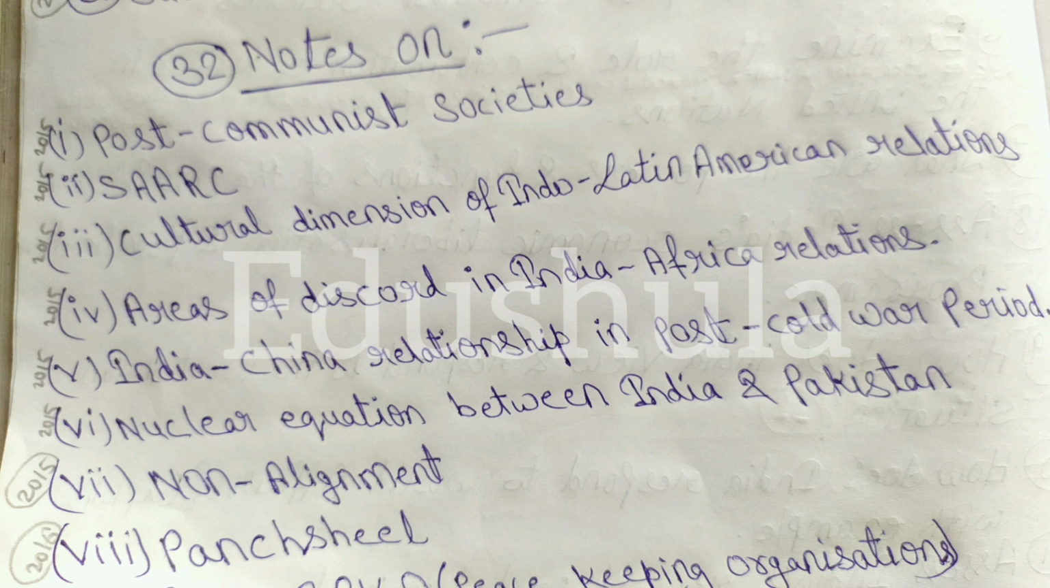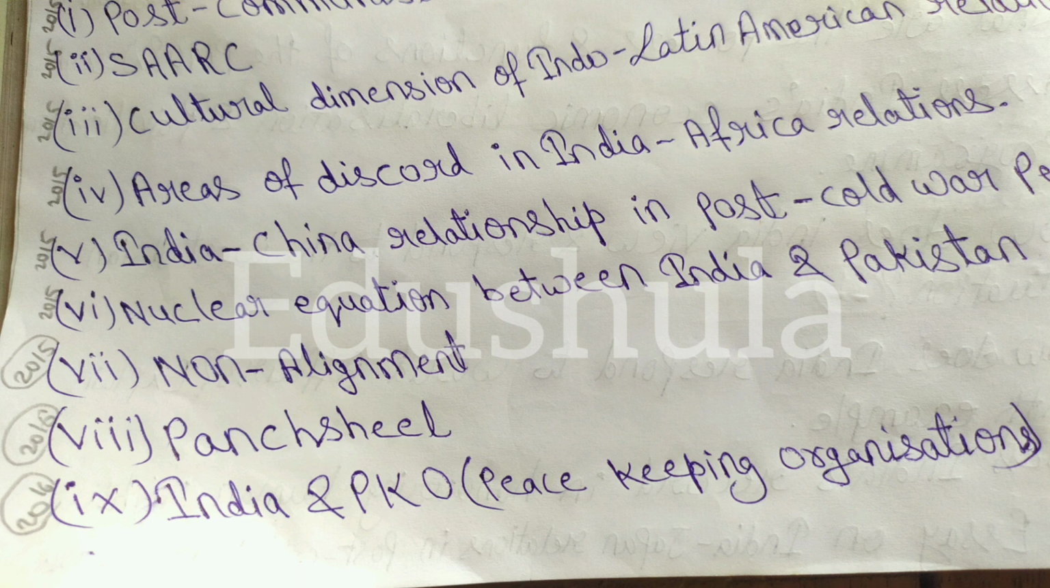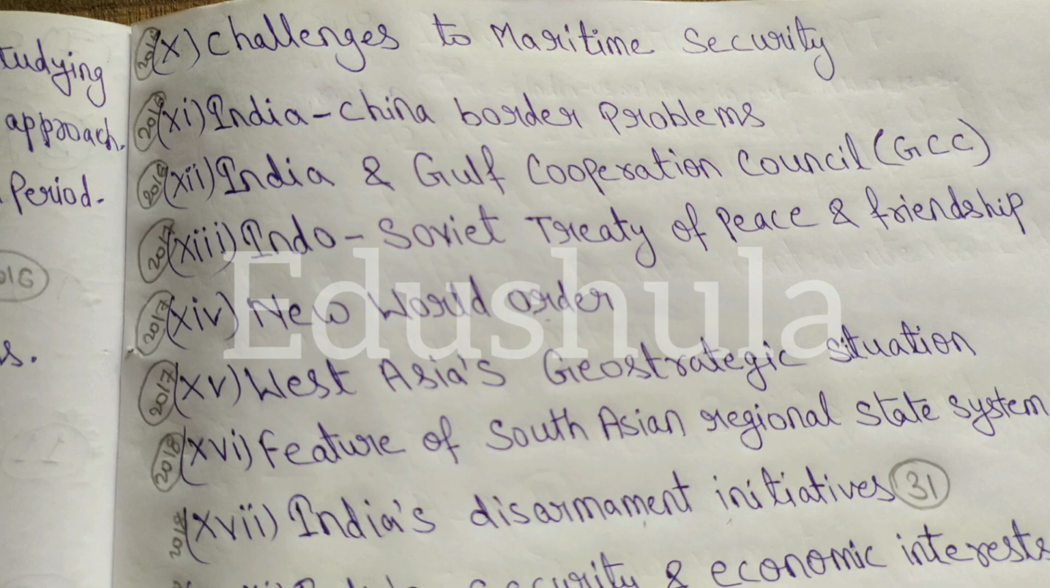relationship in post-Cold War period, non-alignment, nuclear equation between India and Pakistan, Panchsheel, India and PKO, peacekeeping organizations, challenges to maritime security, India-China border problems, India and Gulf Cooperation Council GCC, Indo-Soviet Treaty of Peace and Friendship, New World Order, West Asia's geostrategic situation, feature of the South Asian regional state system,